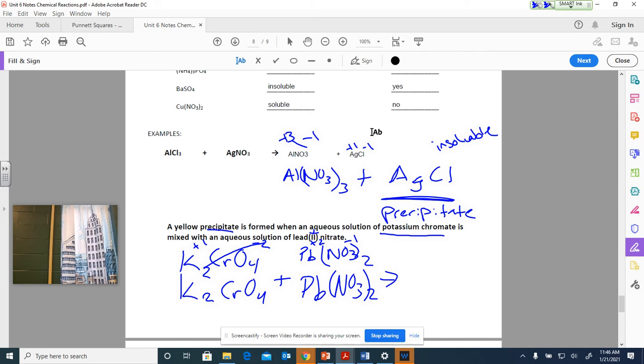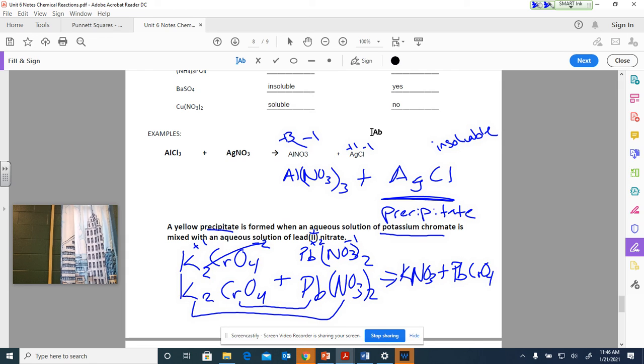Now, it's already said it formed a precipitate, so I know what's going to happen. I just need to write it. So when I swap these compounds around, remember metals go with the nonmetals. So the K with NO3 and Pb with CrO4. So I'll write that out. K with NO3 and Pb. Rewrite all that. Okay, so KNO3 plus Pb